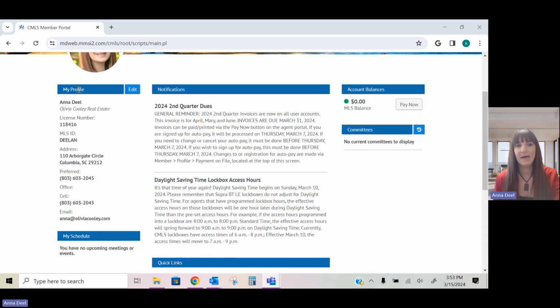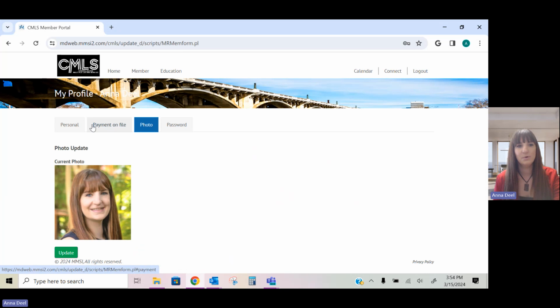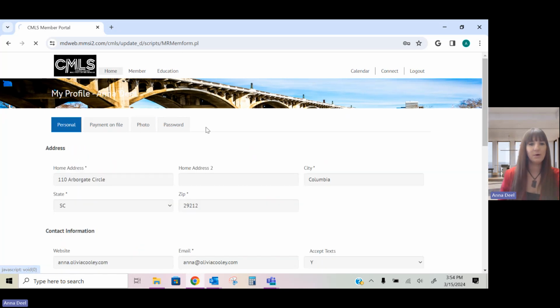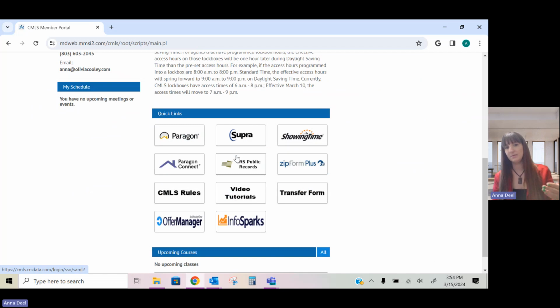Here is also where you can edit your profile. So anything you see here, you can actually edit here as well. This is also where you could edit your picture, that kind of thing. So here, and so if I go back home, these quick links, the ones you're going to be using the